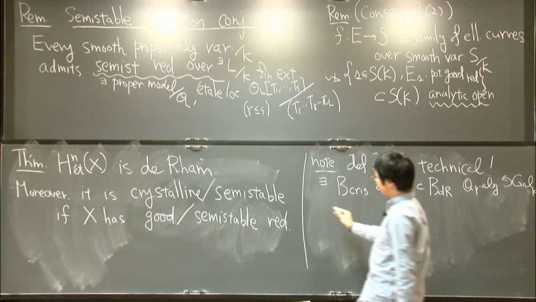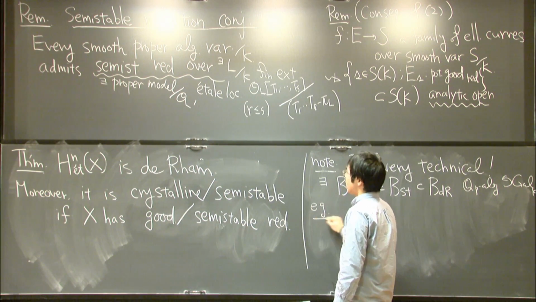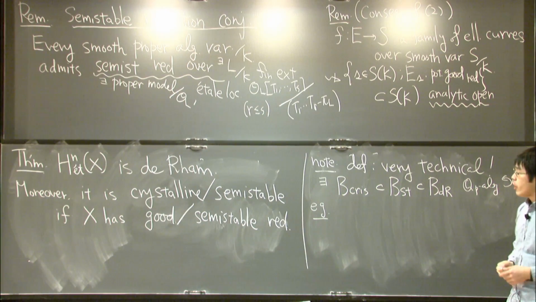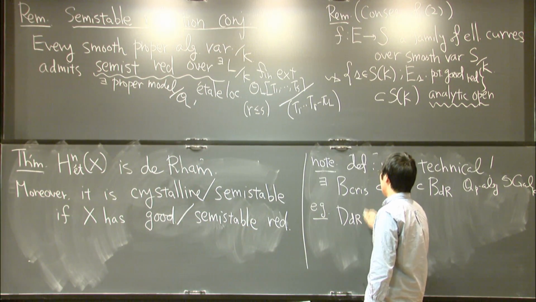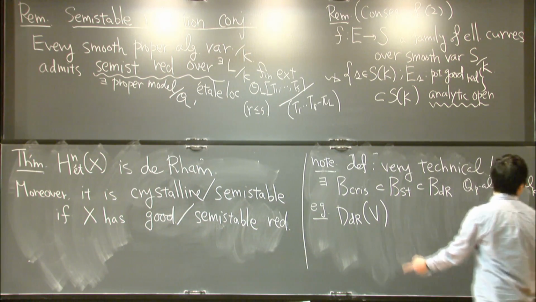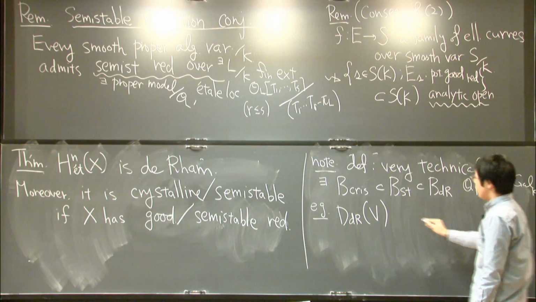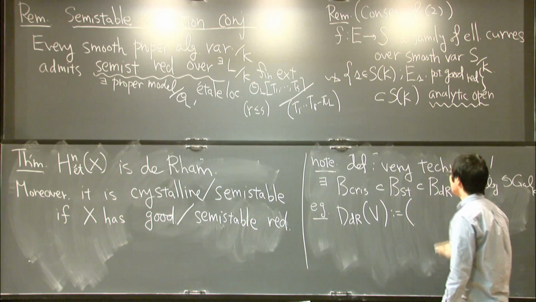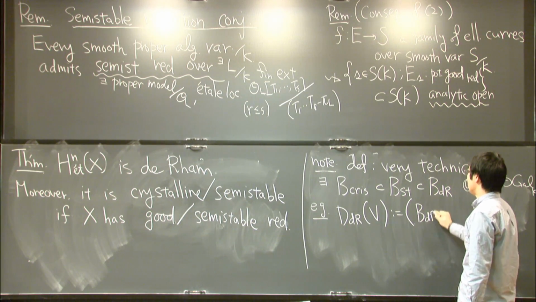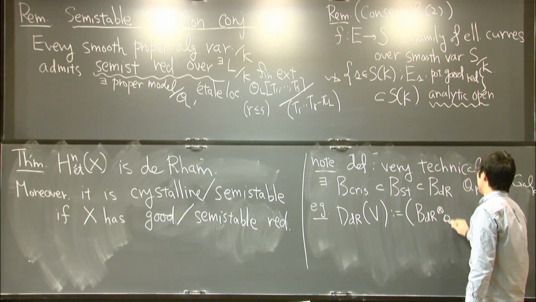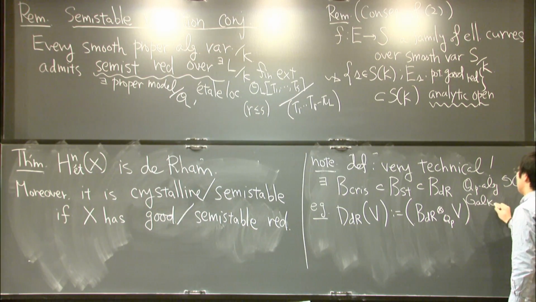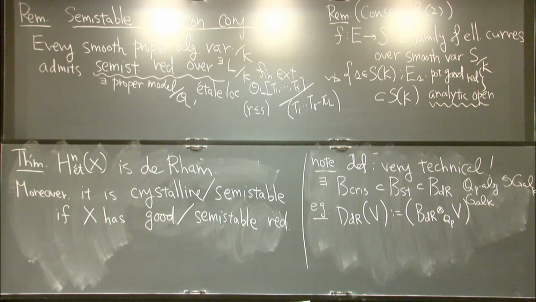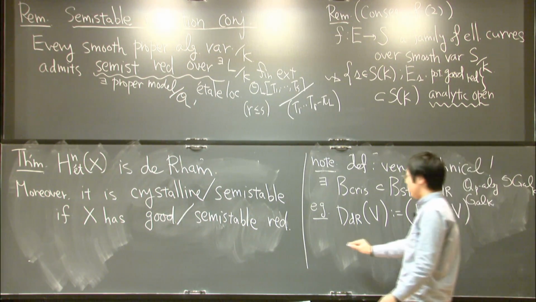And if, for example, you want to define the class of de Rham representations, what you want to do is start from a Q_p representation V as here, and then you consider extension of scalars of this representation to B_dR. So you get some semilinear representation. And then take Galois invariants with respect to the diagonal action. Then V is called de Rham if